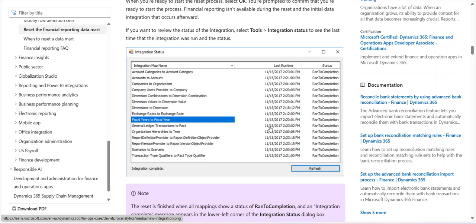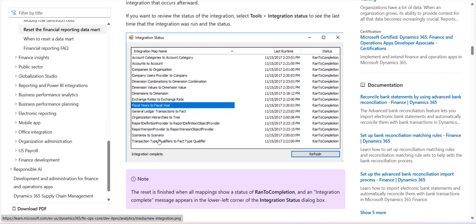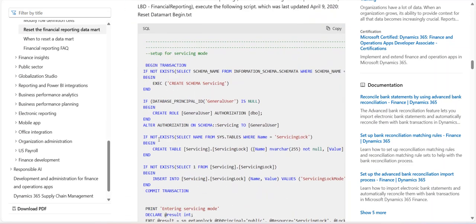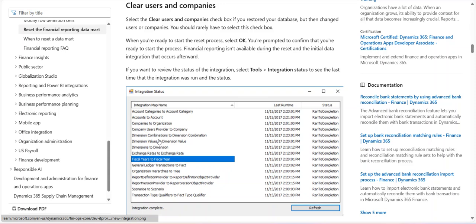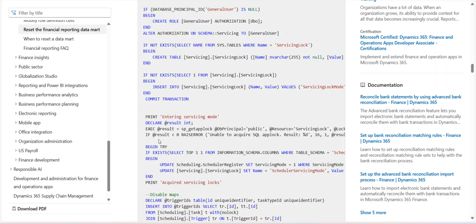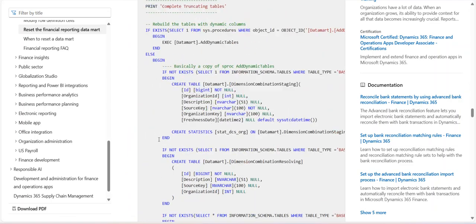If you click on refresh, the status will change to ran to completion. It means that it has been done successfully. For each of these mapping jobs we have a different recurrence. Okay, so to know the recurrence,